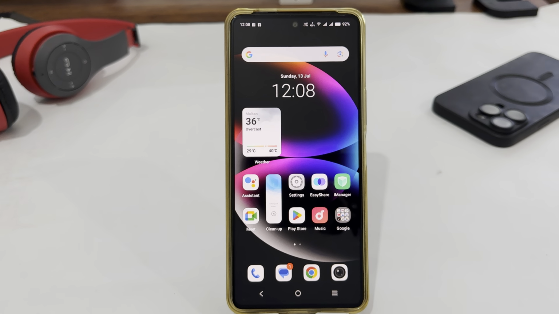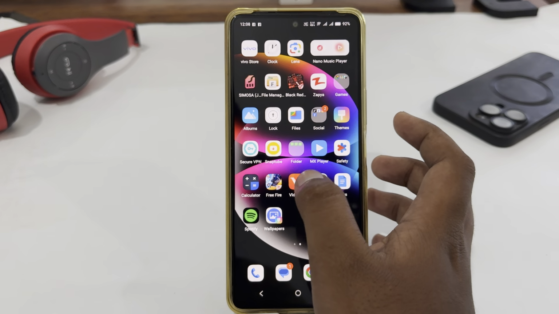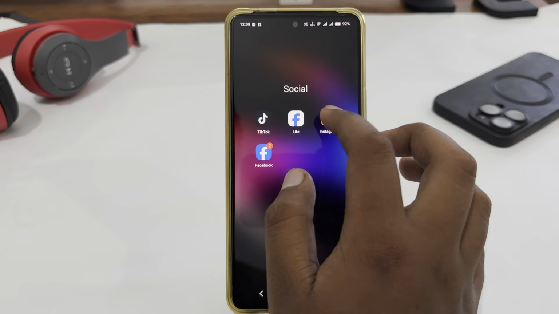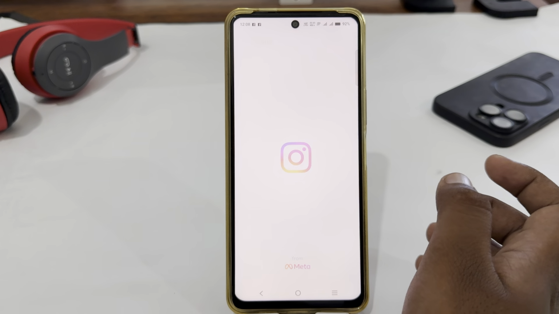So today I'm going to tell you how to stop Instagram from sharing your activity with websites and apps. If you want to stop Instagram from sharing your activity with websites and apps, let's see how you can do this. For this you just have to open your Instagram app, and here go to your profile